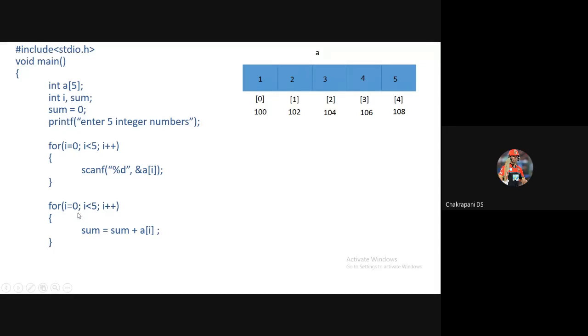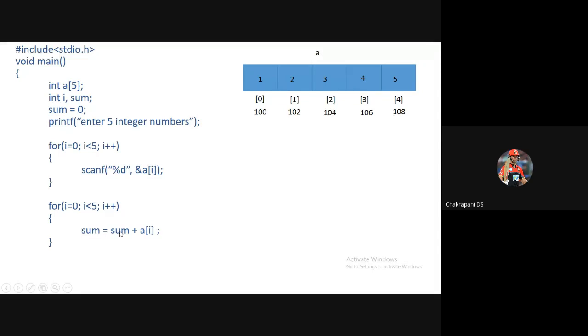Okay, now come to this place here. For i equals 0, you know why I'm taking i equals 0. i less than 5, you already know this. i plus plus, again you people know this. Because I have to take the first number and add that with the existing number, I'm considering i equal to 0. Now, because the value of i is 0 and the condition is true here, the computer enters the statement block.